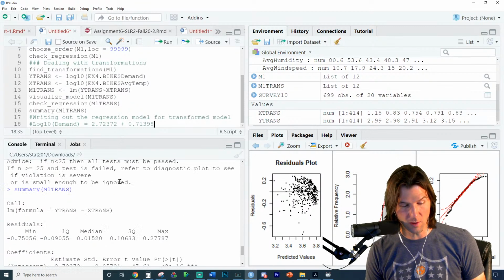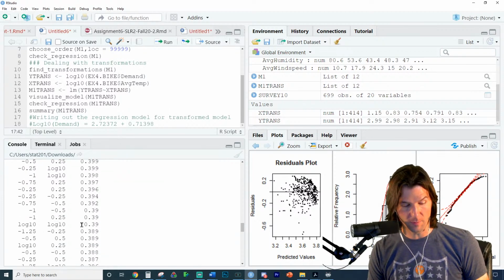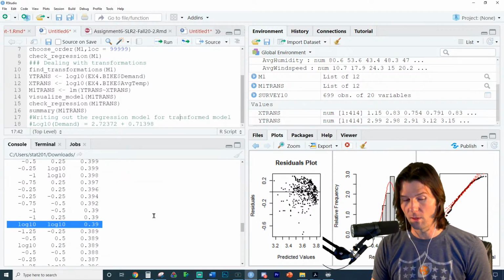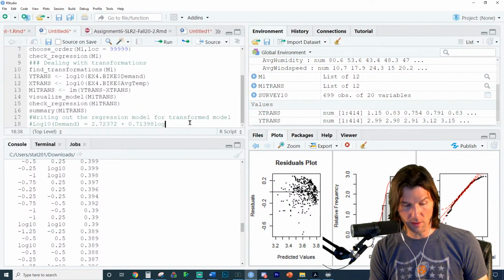Oh, I did log 10, well, I did the log model. We should have done this right here, technically. So we did the log model, if anyone's wondering. So now we'd have it times the log 10